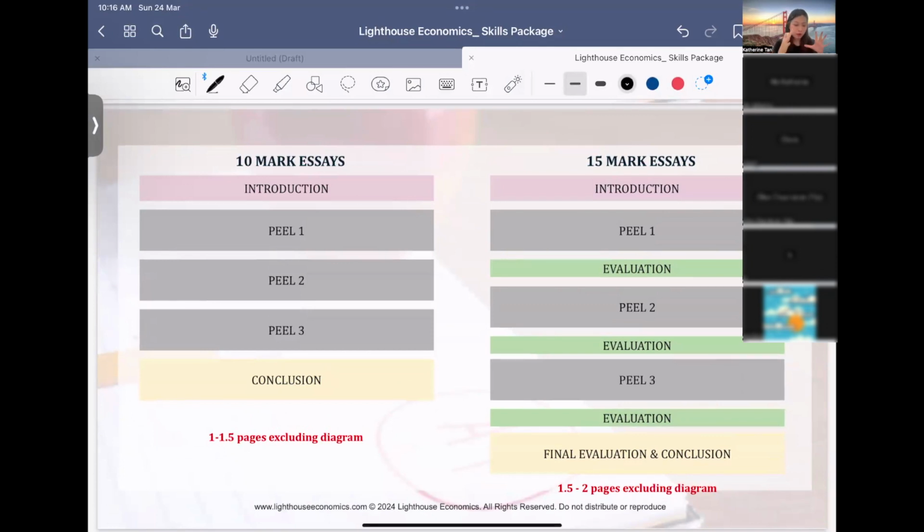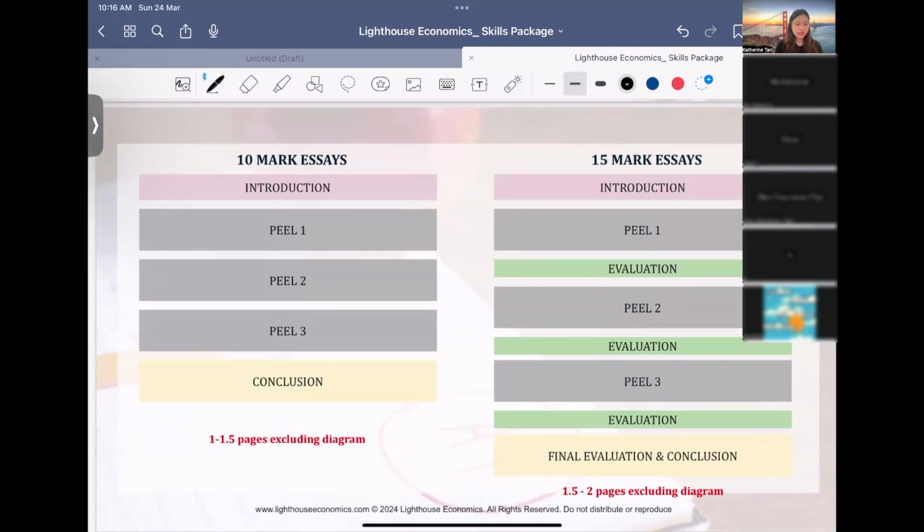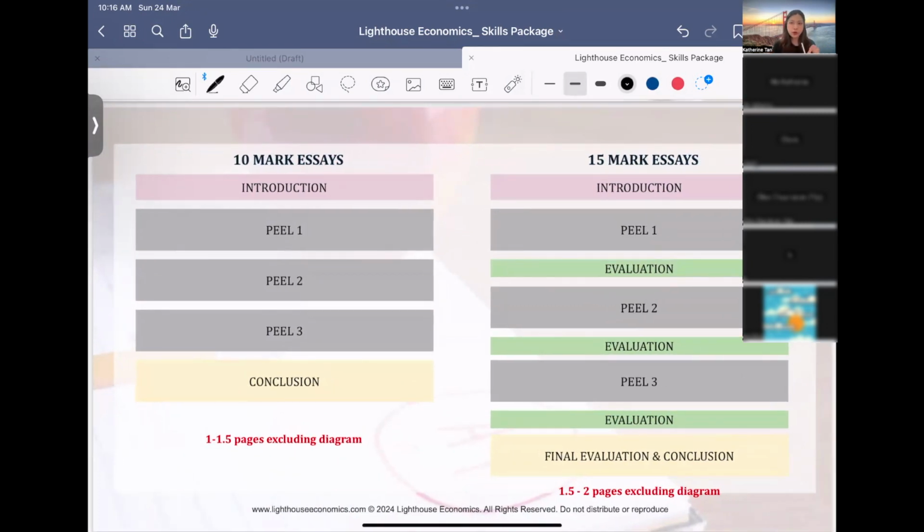This is how your essay is supposed to be structured. In 10 mark essays, you have an introduction, a point 1, point 2, point 3. We'll go through what PIL is later. And then you have a conclusion. So how long should your essay be? It should be around 1 to 1.5 pages, excluding your diagrams, so just words, purely 1 to 1.5 pages. But for 15 marks,